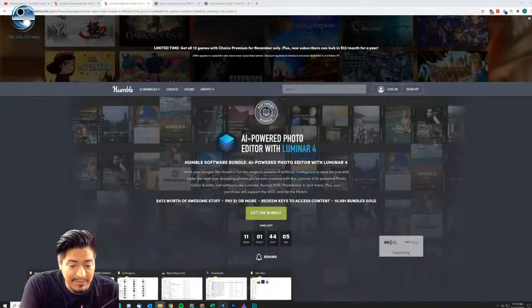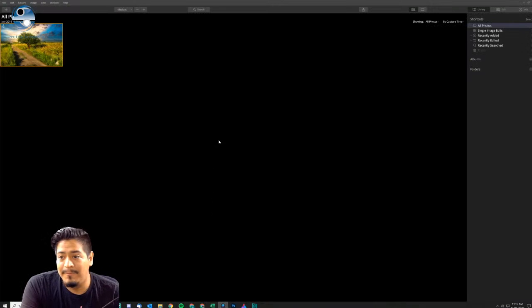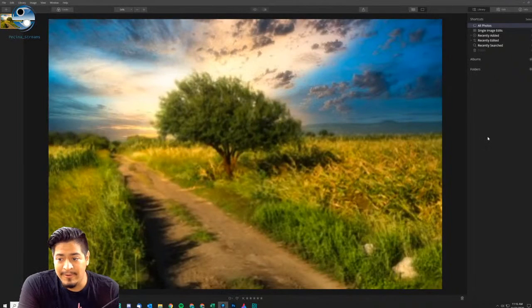But without further ado, this is Luminar 4. And this is what it looks like. You enter in your code, and this is the image that you saw as a thumbnail. Hopefully you clicked this video because you thought it looked nice. Well,